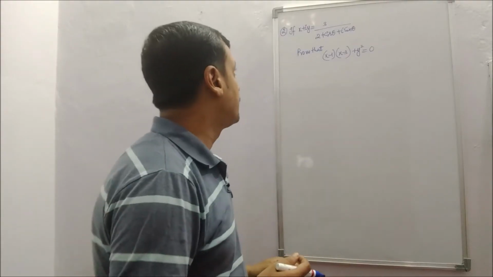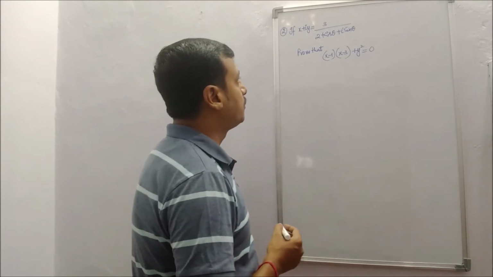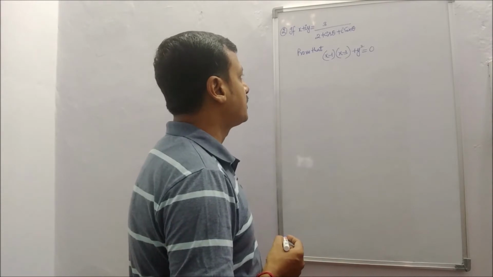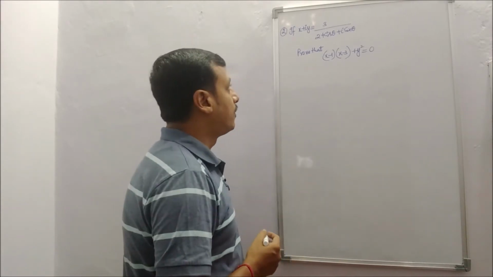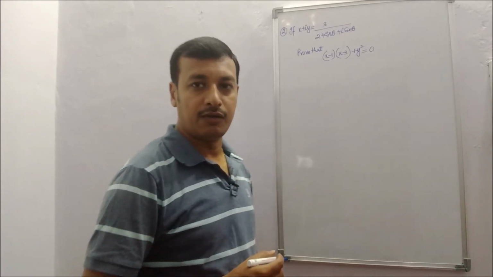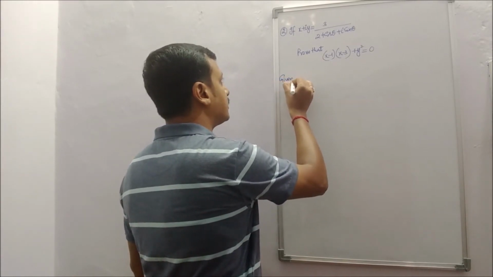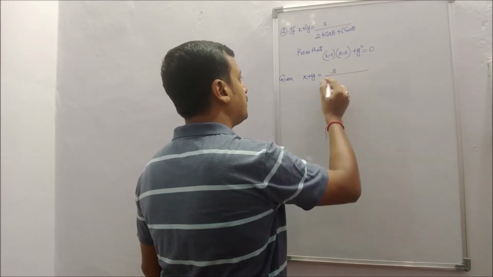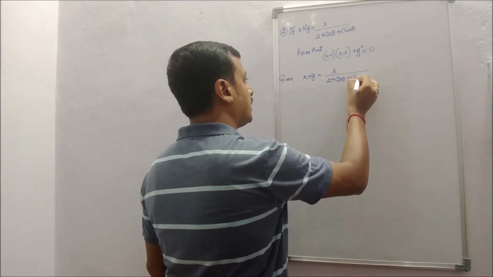The second problem is, if x plus iy is equal to 3 divided by 2 plus cos theta plus i sin theta, then prove that (x minus 1)(x minus 3) plus y square is equal to 0. For that, we have to first find out the value of x and value of y. So given x plus iy is equal to 3 divided by 2 plus cos theta plus i sin theta,